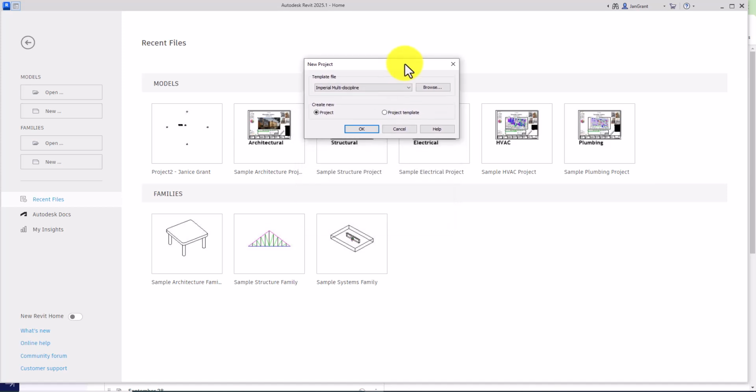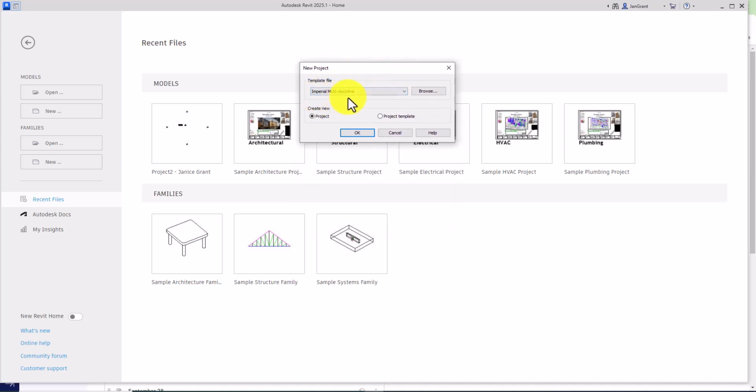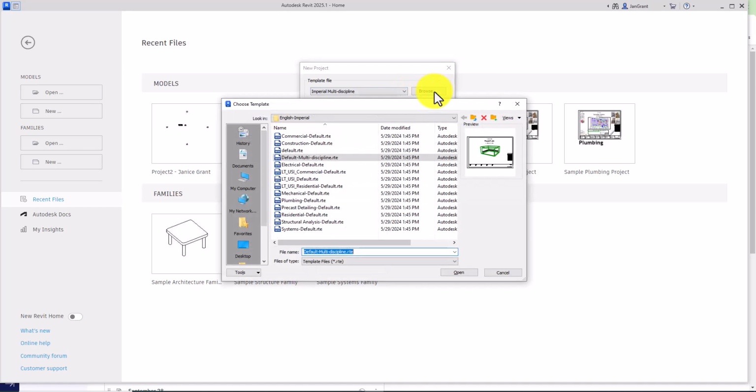Now this is important because they've made the default this Imperial Multidiscipline one. We don't want that one. We want something that's basic that we can learn from. So let's go ahead and pick the browse button, and you'll see all of these other templates that you can use that start the projects with different settings and different families and objects inside the file. So we're going to use this very basic one so that you can learn how to set it up and access those things. So here is the default RTE, which is the template file that has